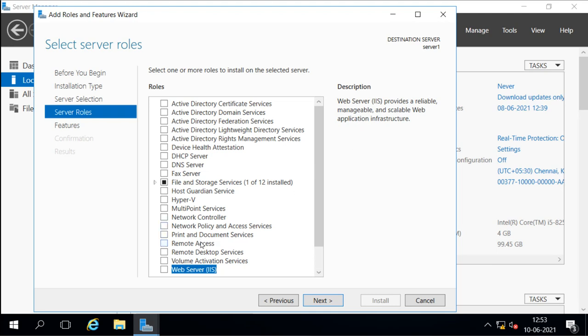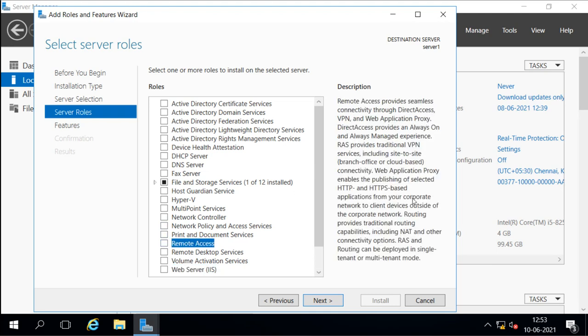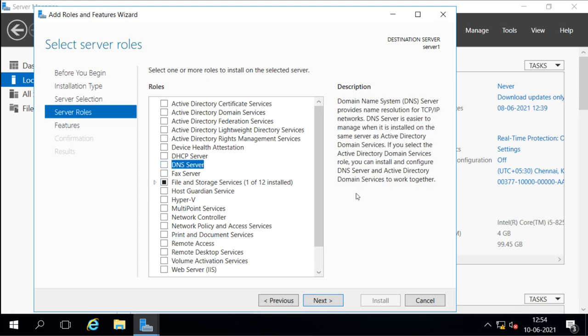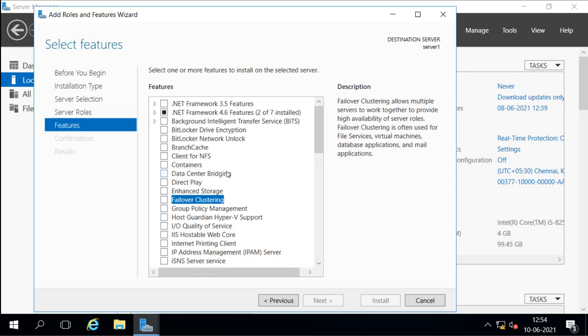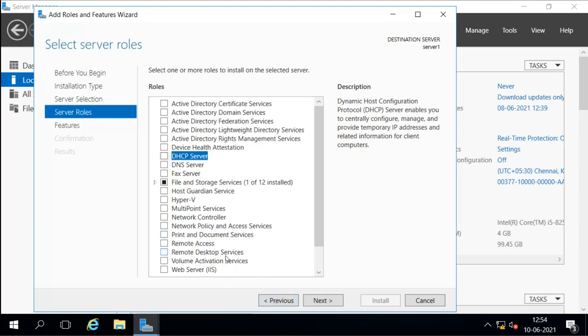When you select any role, it will give you the description about it. For features also, if you go to features and select some feature, it will show the information about that feature also.